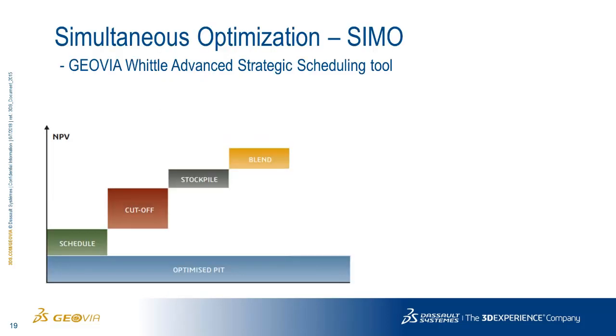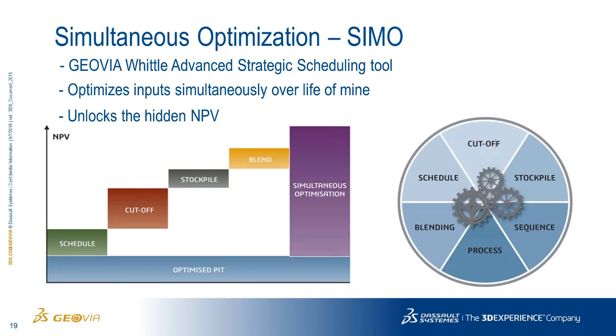So this is probably the most important slide of the webinar, where we sort of summarize everything. On the right-hand side, you can see the different components that we're trying to manage. Okay, and on the left-hand side, we see the NPV. So as we're saying, we could optimize one and then move to the next component and optimize it. But by doing that, we're missing out on the simultaneous nature. So we can see the added bump in the purple where the sum of its parts is greater than the individual components, okay? Because we have that extra synergy by not locking in, by not optimizing each one in a vacuum, okay? And that extra component could be very important.